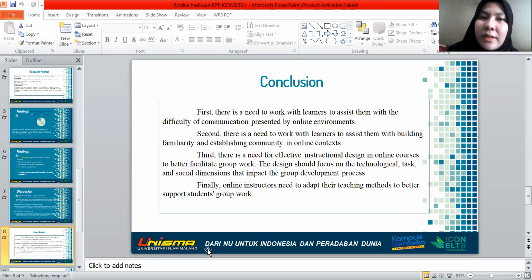To better facilitate group work, the design should focus on the technological, task, and social dimensions that impact the group development process. And finally, online instructors need to adapt their teaching methods to better support students' growth.